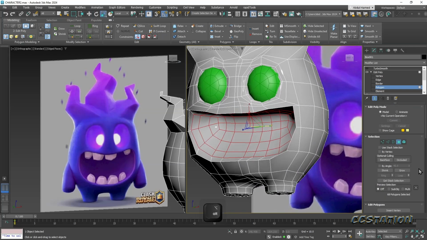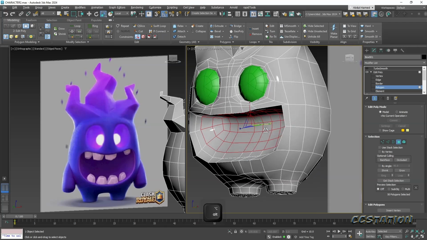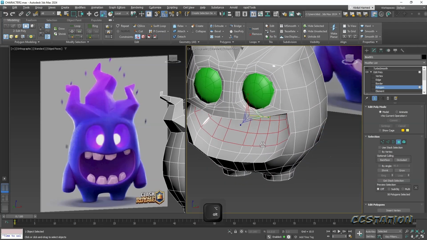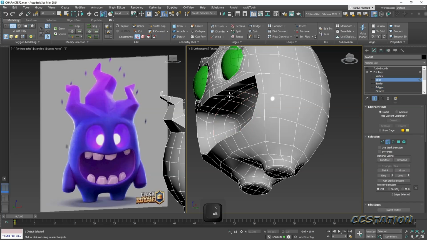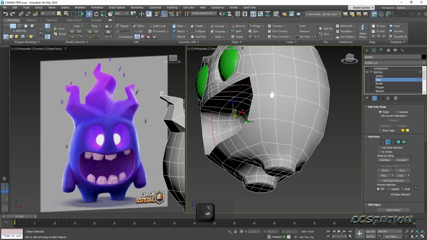And let's do shrink, and then so this is good. And let's remove this edge to the front,